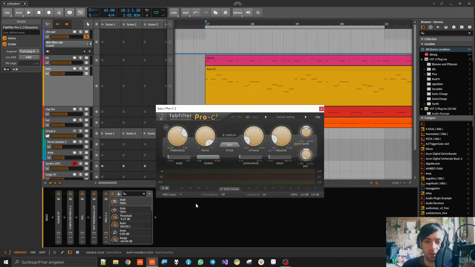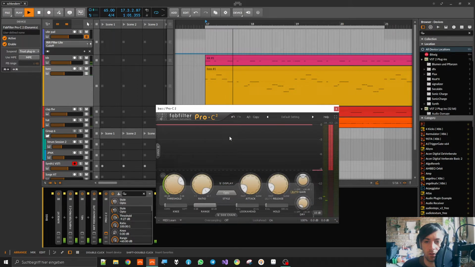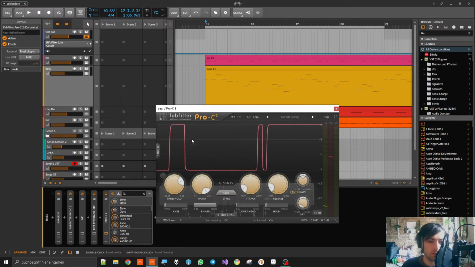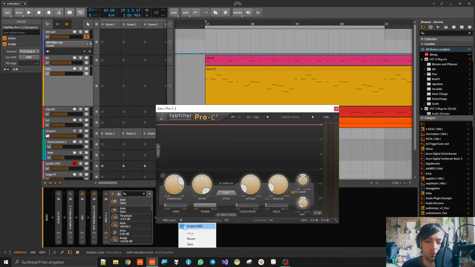This was the default state. And you see it's always just going down completely, going up completely, and it seems kind of random. No, it seems like it follows some logic, but it's not what you would expect from the gain curve. Well, you already saw what I did because you saw me ticking this on. This is the default state of Pro C, enable MIDI, so you can actually trigger the compressor with MIDI events, but this feature sort of